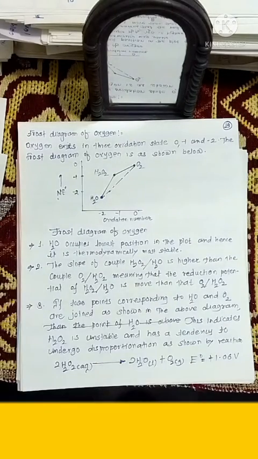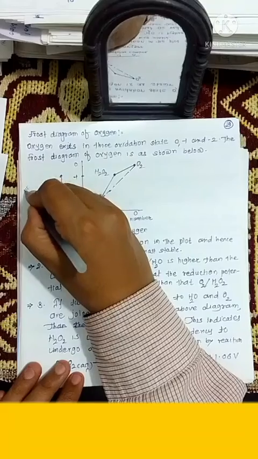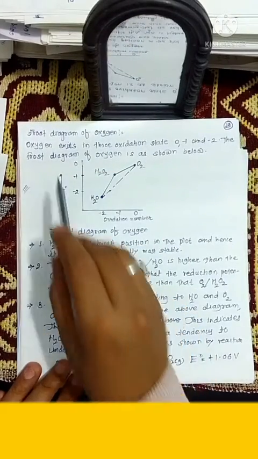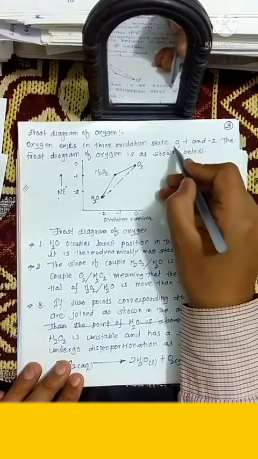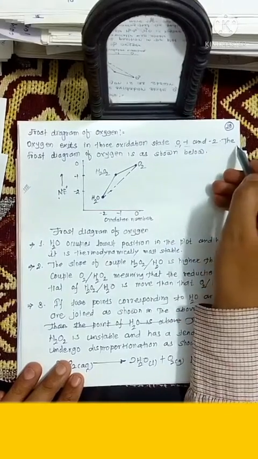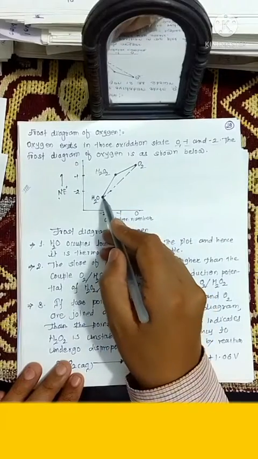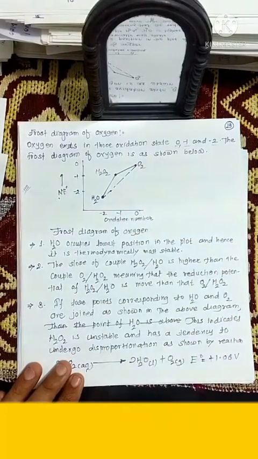Now we are going to see the Frost diagram of oxygen. This is an important diagram. It is generally asked in the exam. Oxygen exists in three oxidation states, that is 0, -1 and -2. The Frost diagram of oxygen is shown like this. So from this Frost diagram we can clearly see that